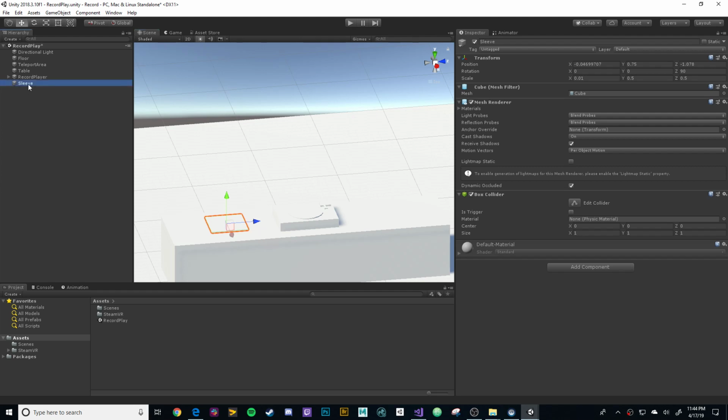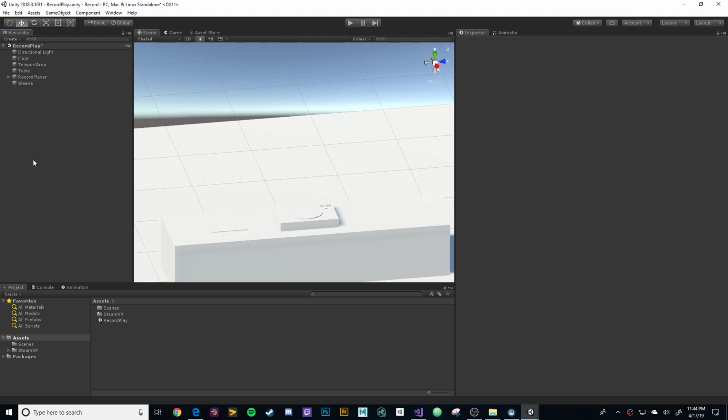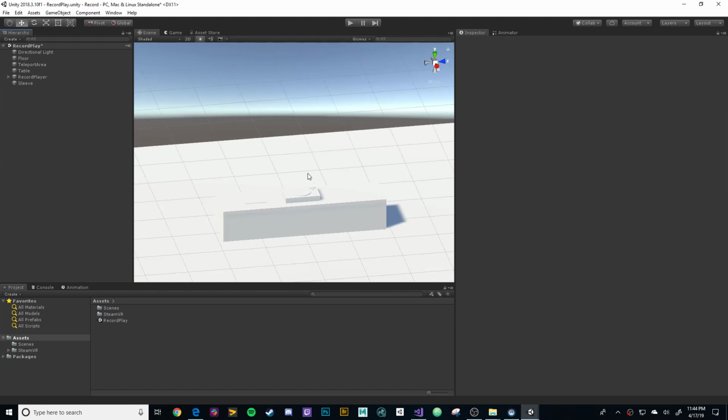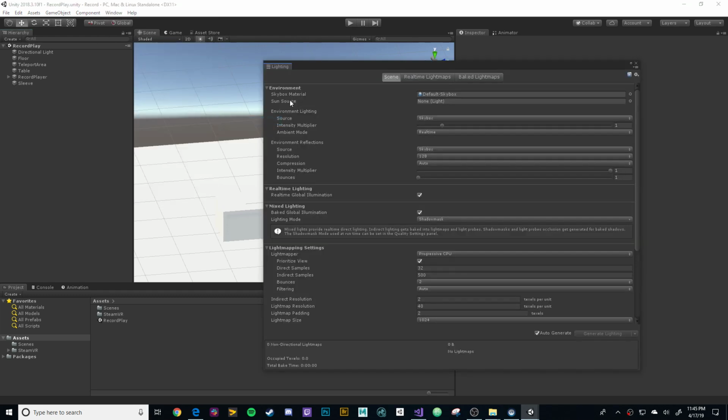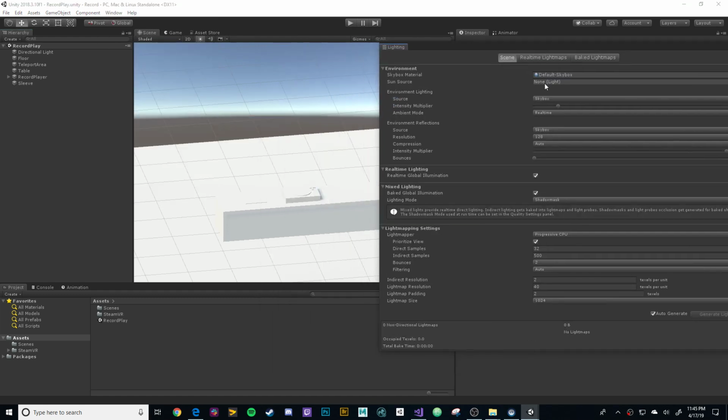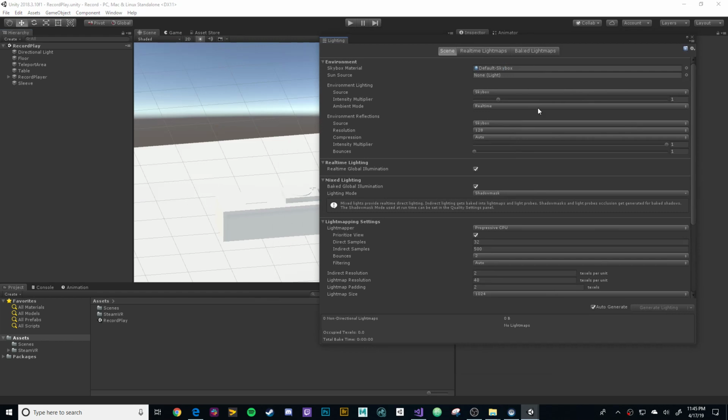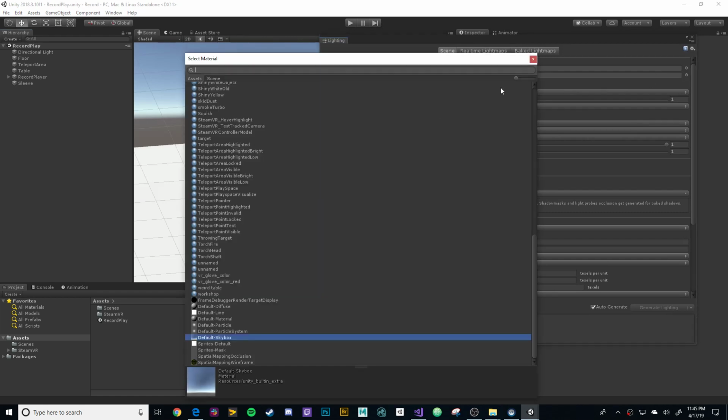And then from there, let's start to get things looking a little more how we want them. So first things first, going to come up here to Window, going to go to Rendering, Lighting Settings, going to come in here, and I'm actually going to take out my skybox,